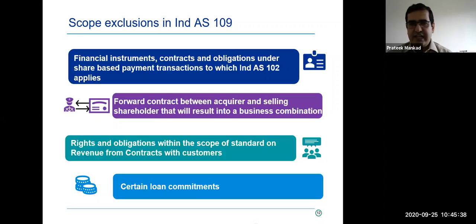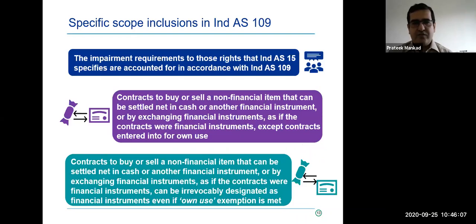Right now, would we account for this transaction anywhere in our financial statements? Any quick thoughts? Once again, I'll keep the chat box open. Absolutely right. We will not account for that in the financial statements. It is an executory contract, a contract where neither party has fulfilled their promise. Those instruments are not covered in the scope by default. However, the standard specifically allows them to be covered within the scope if the company wants to take that choice.